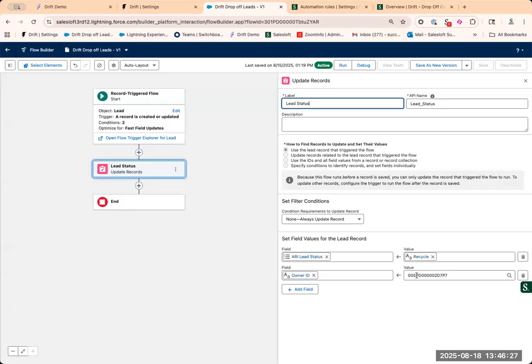Now, this owner ID, specific again to your org, could be a queue where it's assigned out through like round robin, or it could be a specific user. Again, your Salesforce expert can help you customize that. But we'll let this flow run. And then what we can do within